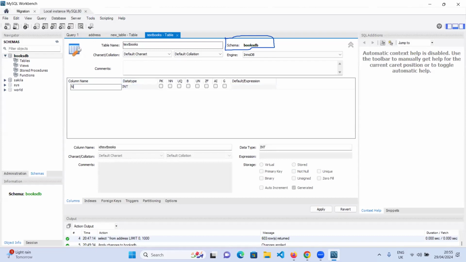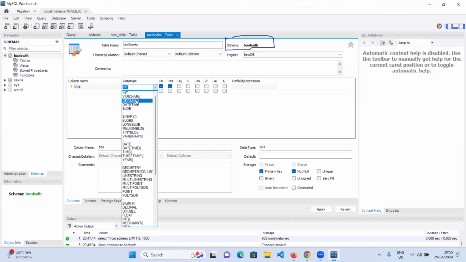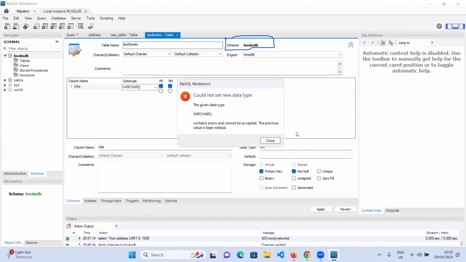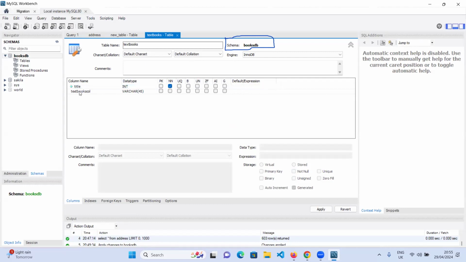So the title, give it a title. Title is not an integer. Usually, we're going to come to this place. So it's not an integer, it's a variable character. And I don't want to use it as my primary key. And will it be null? No, it cannot be null. So I'll pick another column. This is a column. I'll pick another column,